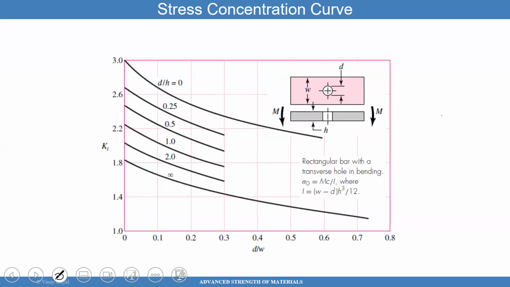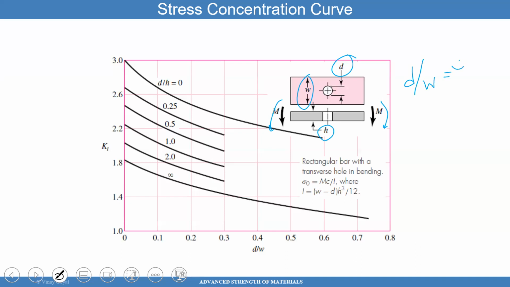Here, you will calculate stress concentration KT, and you will multiply that by sigma naught. Here, what you have is a plate now that's bent. So you have this plate that's been bent, and it has a hole. So how do you use this information? Well, you know the thickness of the plate, you know the width of the plate, you know the diameter of the hole. So you can come here, for example, if I know D over W,